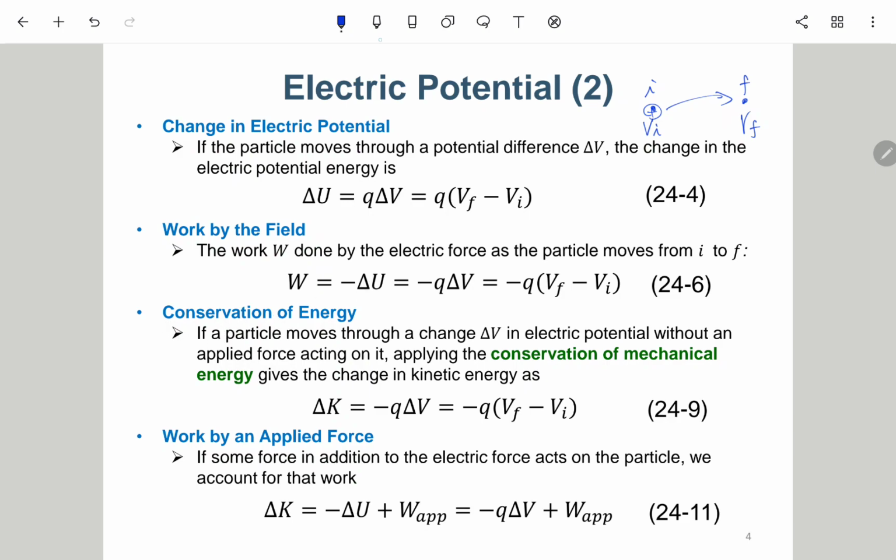And then the third point is the conservation of energy. Usually for this kind of charge system we can assume we don't have energy loss. So in such a way, we can have a conservation of energy, which means that the total mechanical energy is like